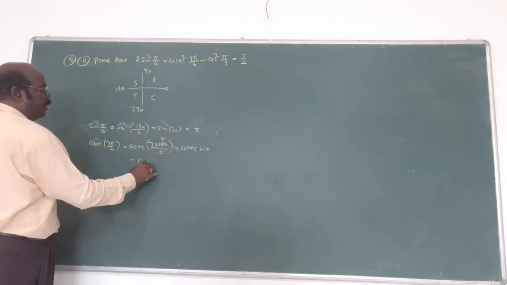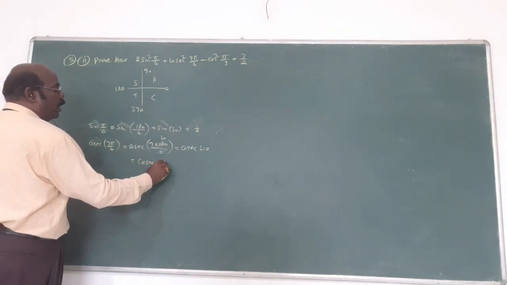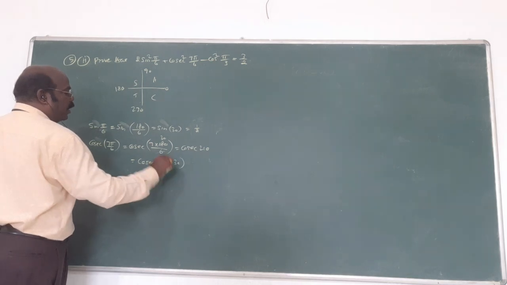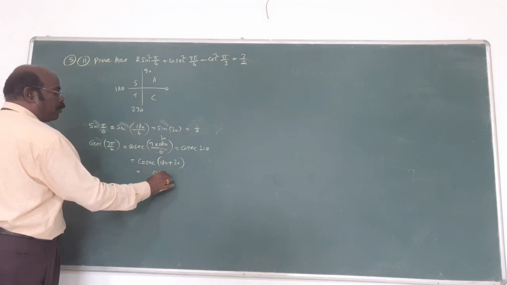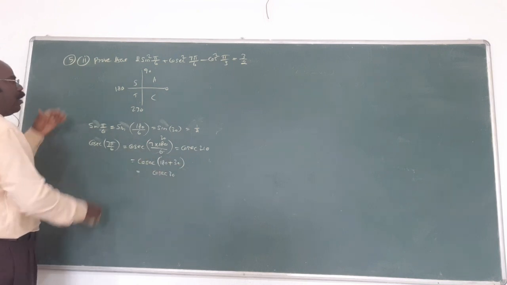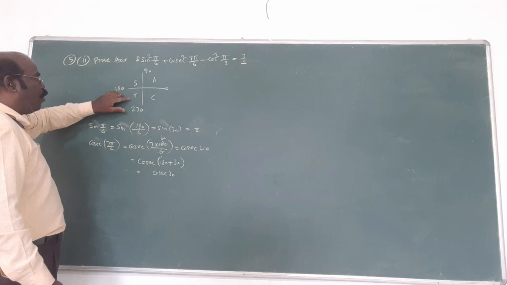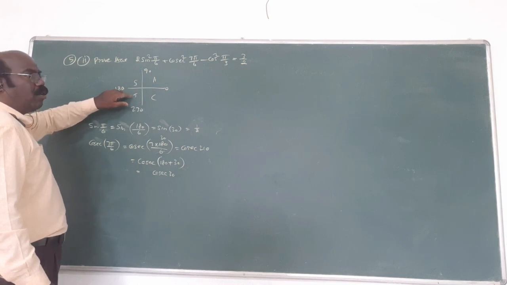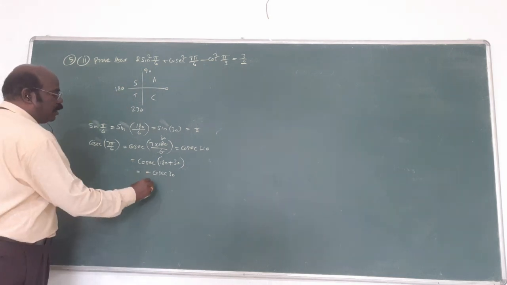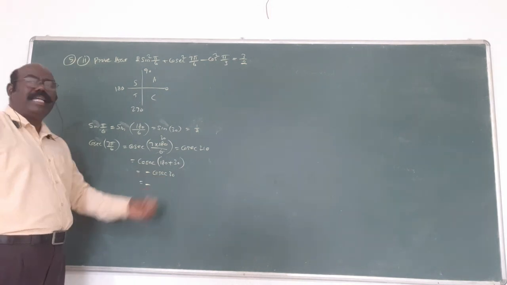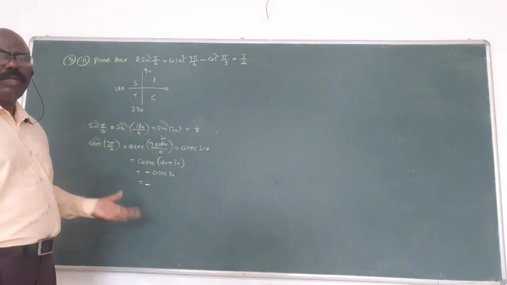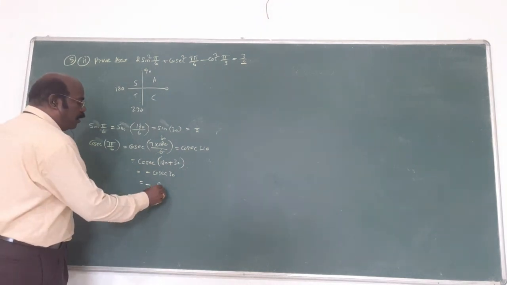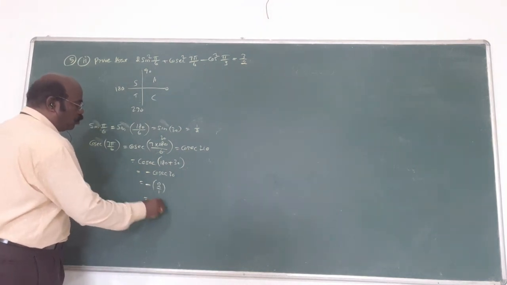This can be written as cosecant of 180 plus 30. Already, with 180, cosecant remains unchanged, cosecant becomes cosecant. 180 plus means the third quadrant. Here only tan is positive, so minus will come. That is minus cosecant 30, which means the reciprocal of sin 30. Sin 30 is 1 by 2, so cosecant is 2 by 1. Am I correct? That is minus 2.